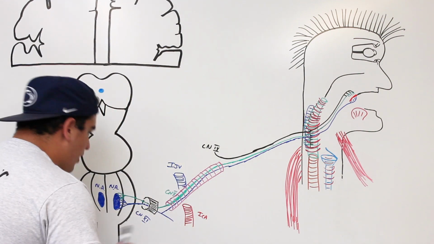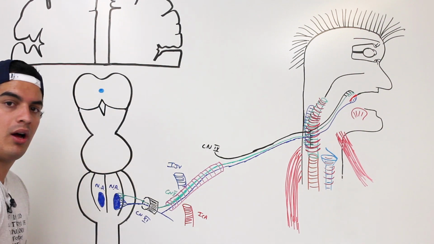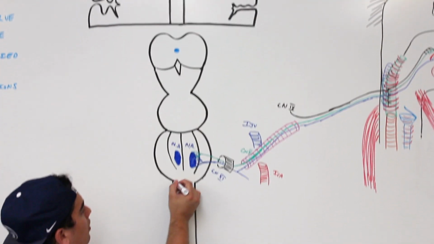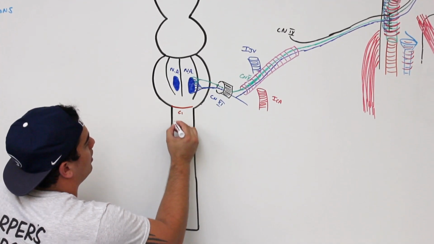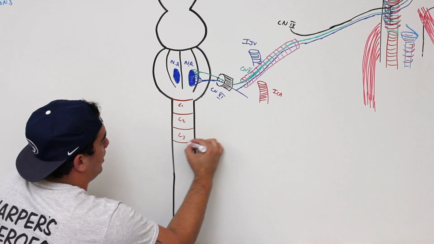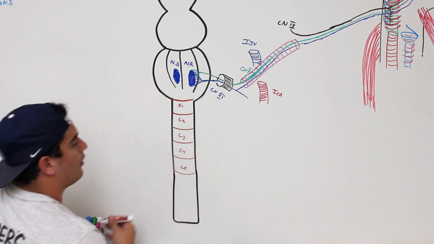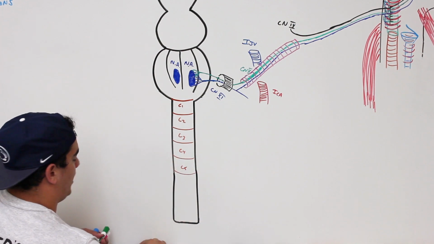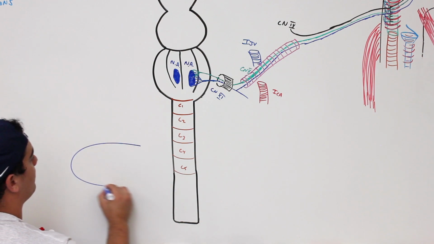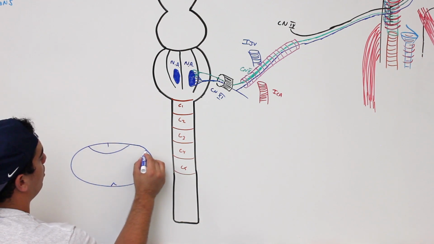Okay, then what else? From the cervical part of the spinal cord, if we come down here for a second, there are different parts of the spinal cord. For example, let's say that this is C1. Let's say that this is C2. And we'll just keep going down. C3, C4, and then here we'll say C5, right? There's something very interesting that happens. If I were to take a cross-section of the spinal cord here, and I look at this,